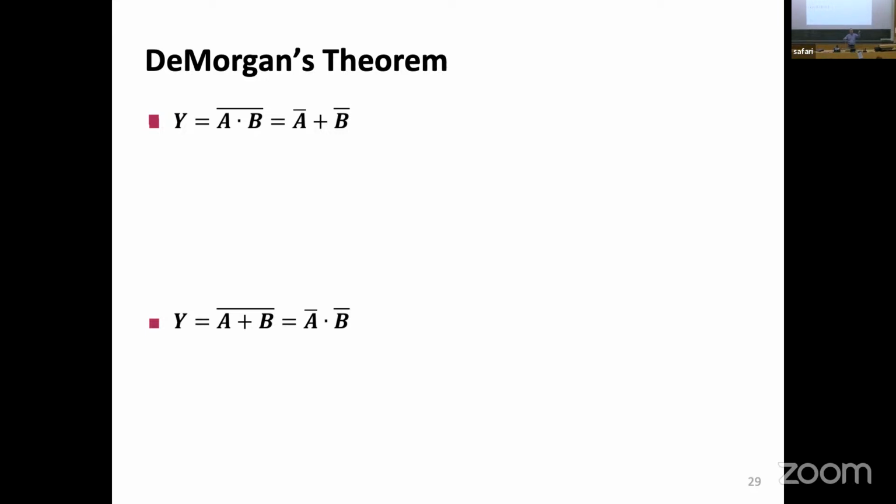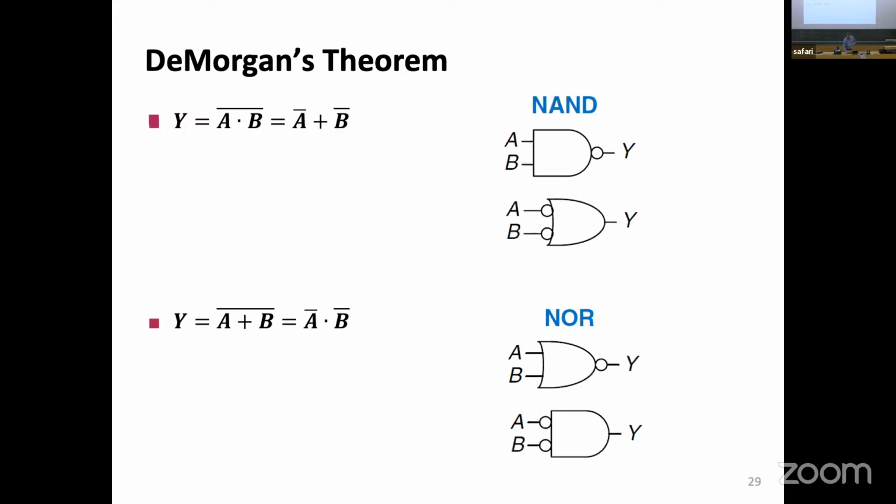You can write A0, B0, A0, B1, A1, B0, A1, B1, and write the output of both circuits, both sides, and you can definitively prove that this thing holds true. And the dual of it is not (A or B) equals not A and not B. Now, the fun part here is,